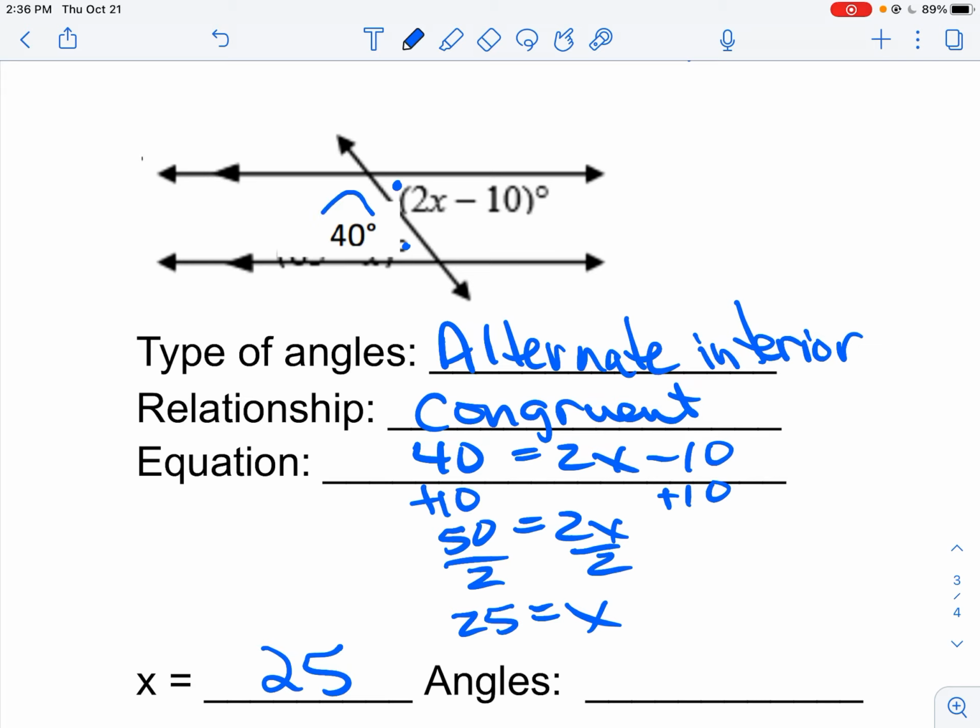Then we already know that they're congruent to each other. We already have this as 40. So that means